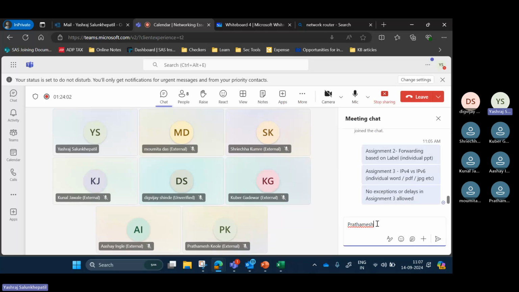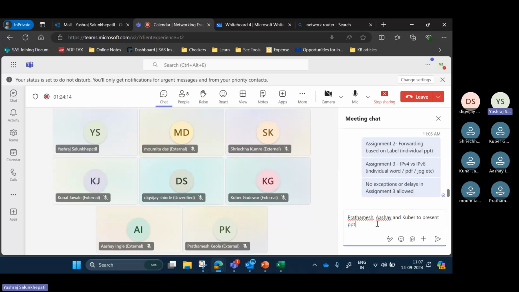So Prathamesh, Ashay, and Kuber to present PPT on a paper and loopback address next week.